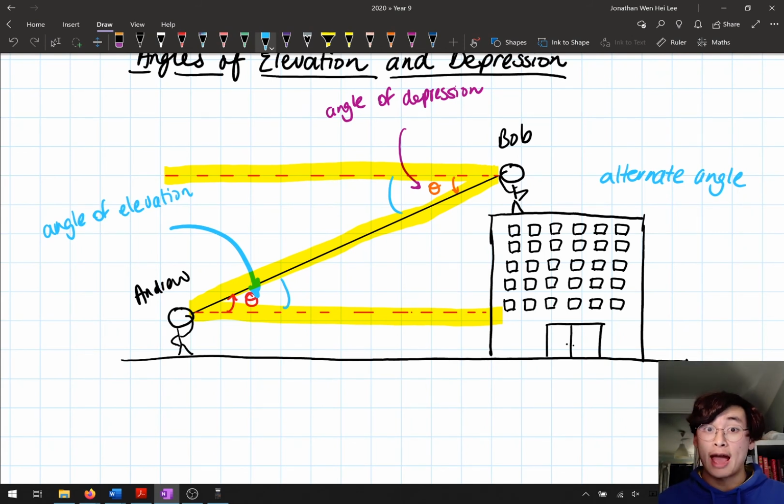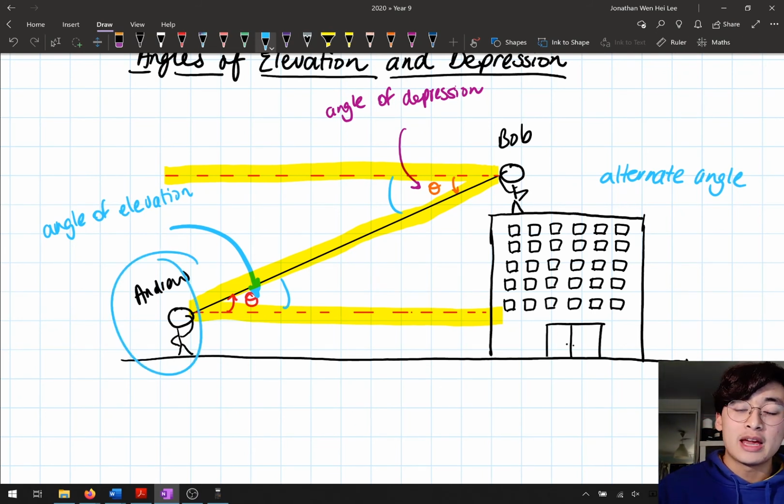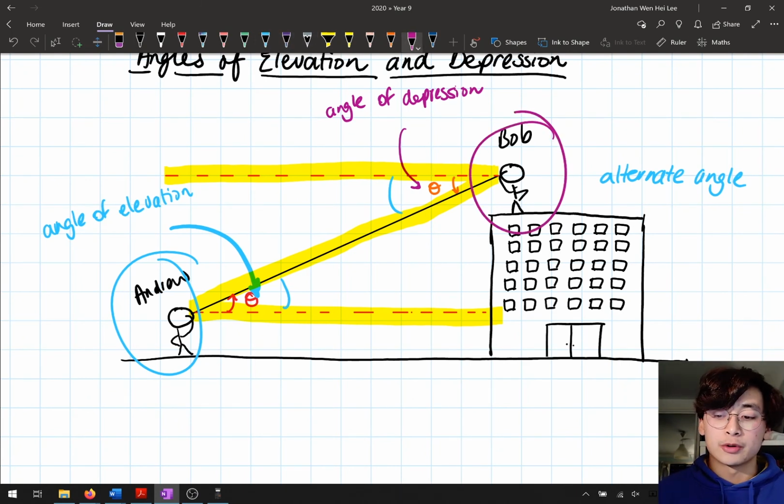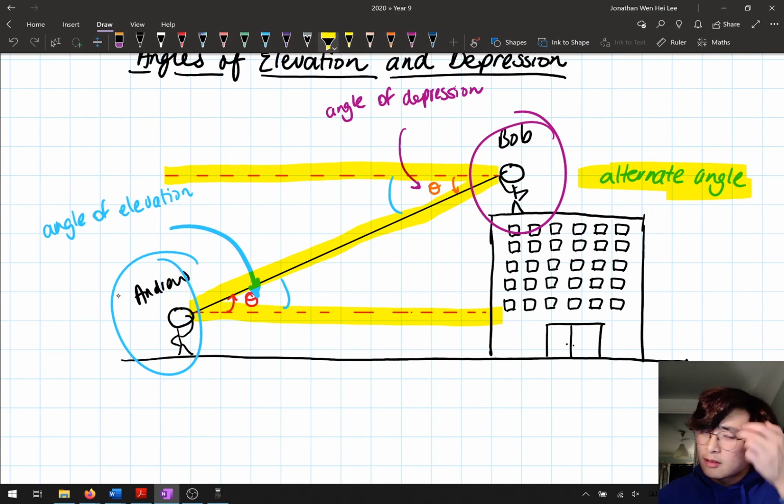So let's just recap. An angle of elevation is when you're looking up, so Andrew looking up at Bob is an angle of elevation. An angle of depression is when you're looking down towards something, like when Bob is looking down at Andrew. And both of these angles have the same value when you draw them on a triangle in the diagram, because they are alternate angles. That's an important fact we're going to be using later in these questions. So let's have